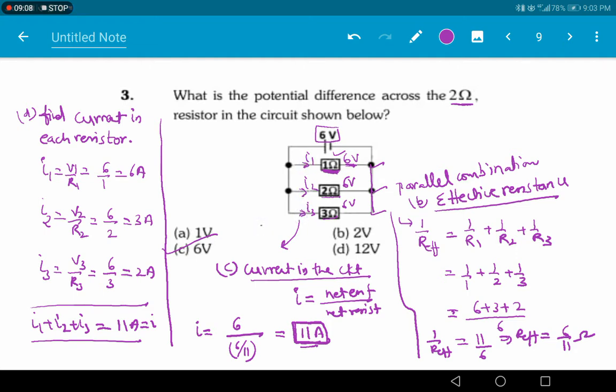So these are the different questions that can be framed on the same question number. Actually they are asking only what is the potential difference across the 2 ohm resistor. So they can ask like this also: what is the effective resistance in the circuit, what is the current in the circuit, and find the current in each resistor also. There may be a chance of asking the question. Okay? So write this as 3A, 3B, 3C, D. Okay, I think you understood this question. Let us move to the next one.